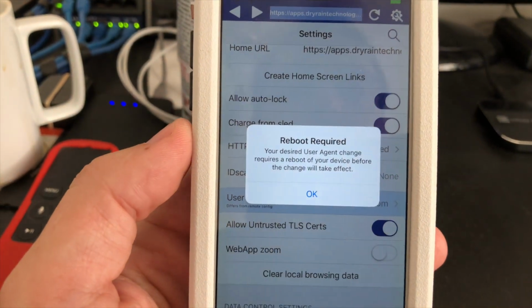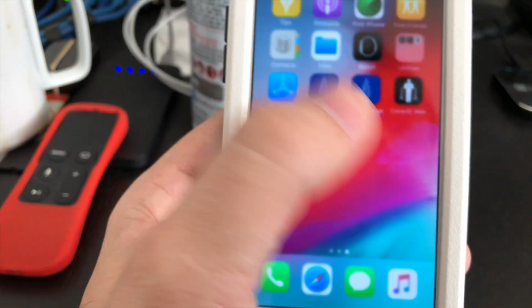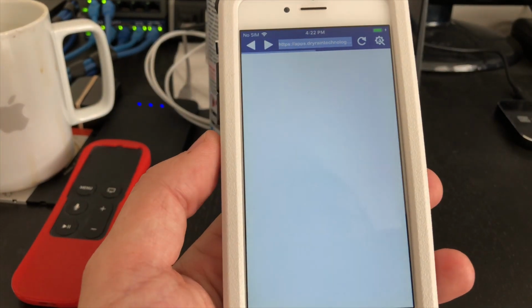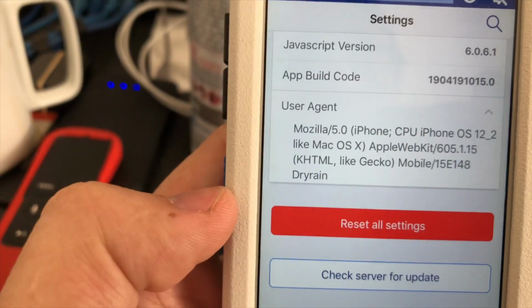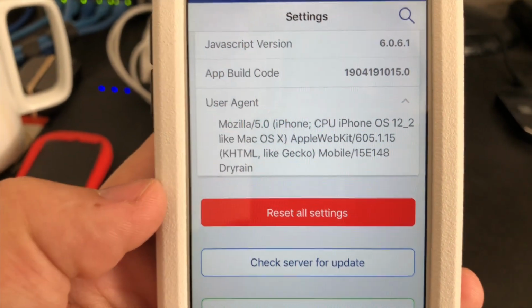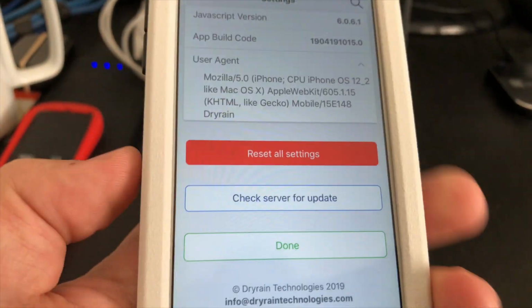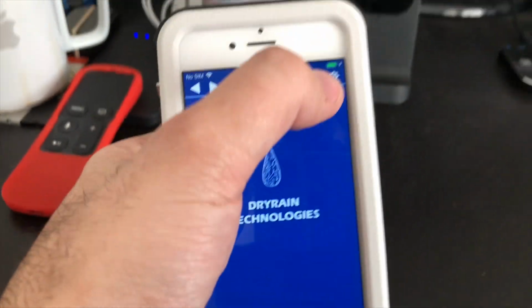It then will let me know a reboot is required. This is only on iOS. It's not really a reboot so much as it's really just restarting the browser, but we would tell our users that it's a reboot that's needed. So now, if I go into here, we will see a new thing at the bottom that says what the user agent is. So that %default% gets converted into the actual default user agent, plus there's that Dryrain at the end. So I can scan the barcode, and I can utilize this page, and as I refresh this page